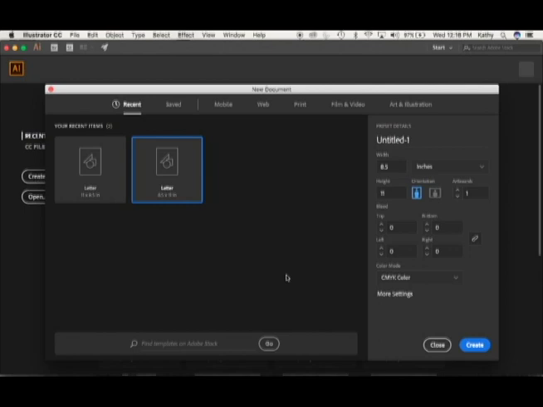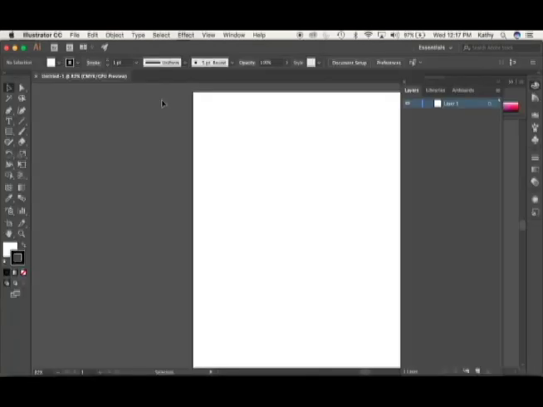Hello, Kathy here again, and we're about to try a little exercise that may be a great way for you to get started on your sketches for assignment 3. We're going to go into Illustrator and create a new file, a regular old letter-sized 8.5 by 11 file, and